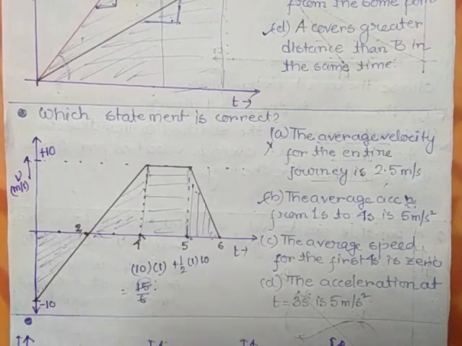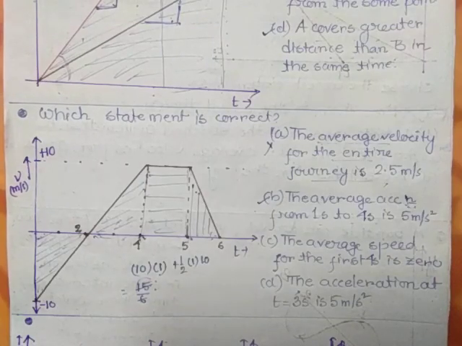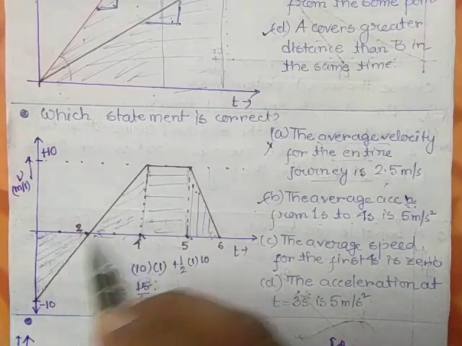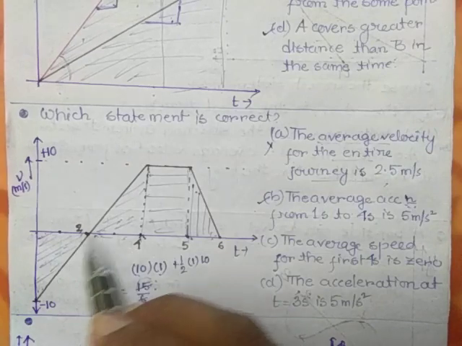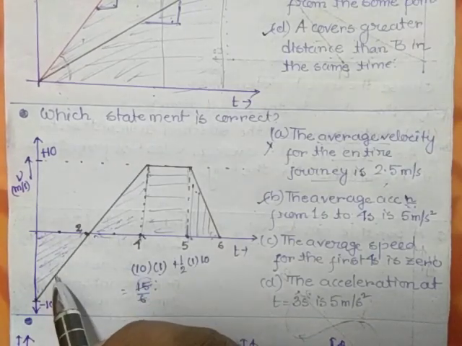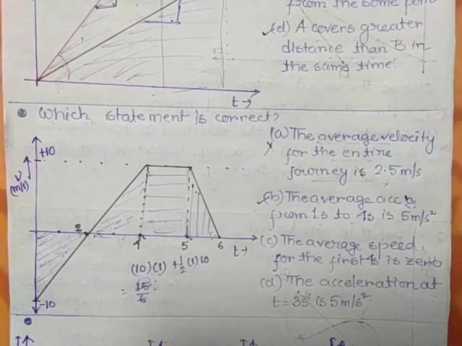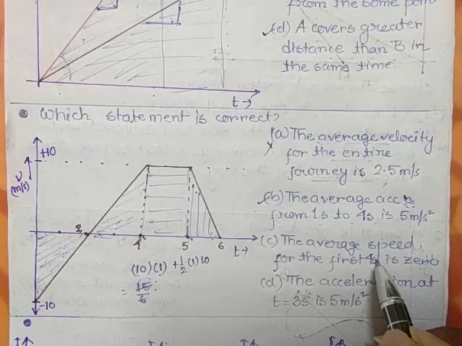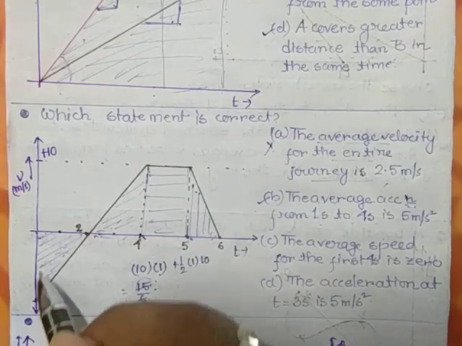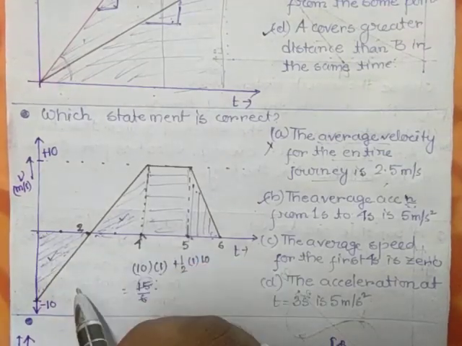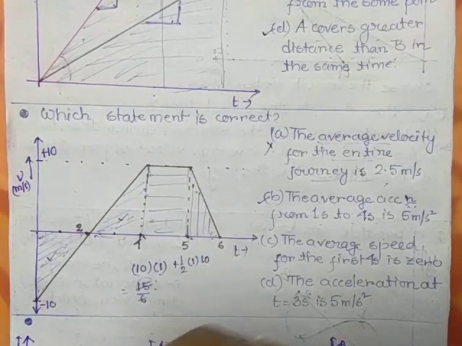The average speed in the first 4 seconds is 0, because in the first 4 seconds the total distance, if I calculate the total distance in 4 seconds, just think about the speed. The speed is concerned with the distance, not with the velocity. So you have to calculate this one, and it is not 0 in case of distance.